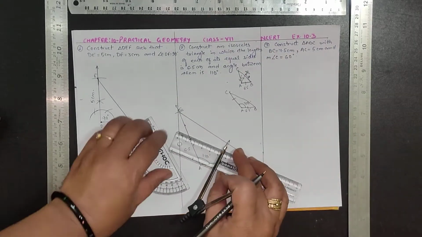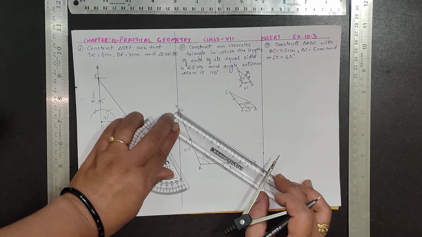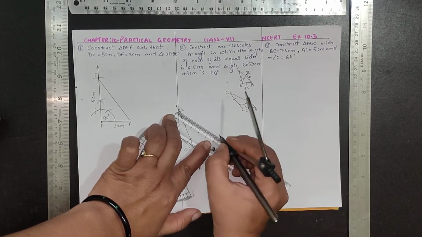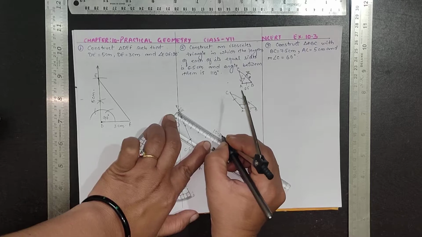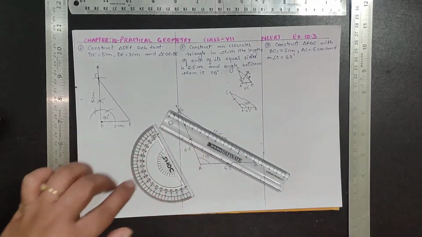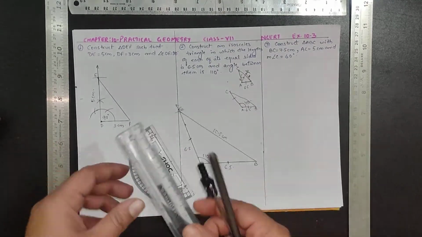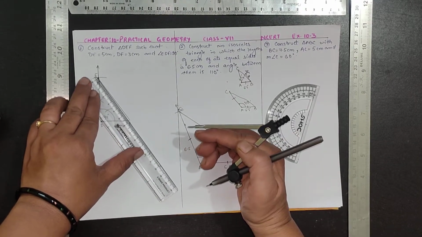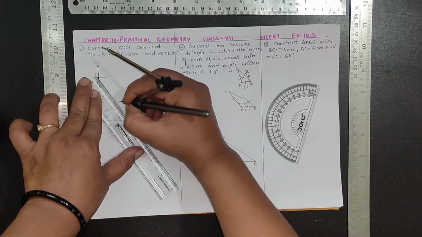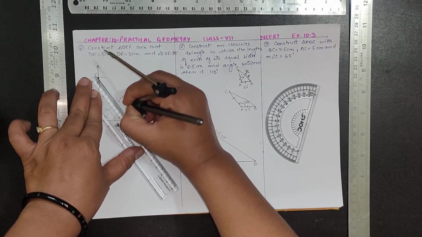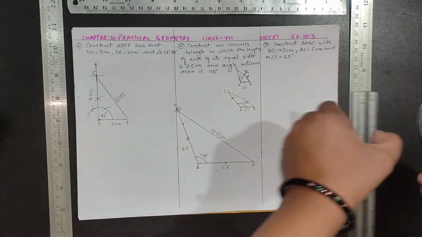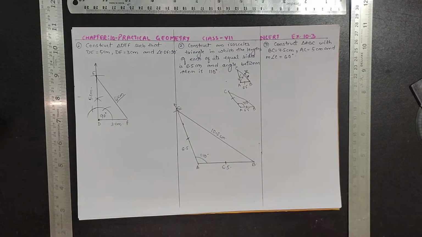Now for this you can measure it, and of course you should measure, because if you know two segments, the third should also be known to you. So this is 10.5 centimeters. Here also we can measure 6 centimeters. So the measurement can be a bit different, mine and yours. It's not a big deal.